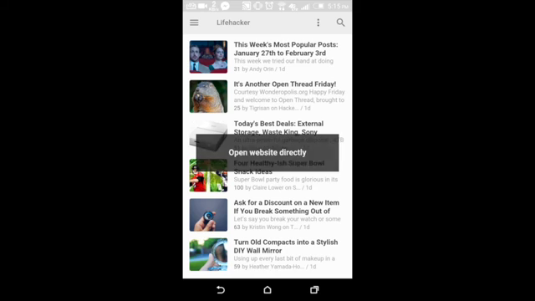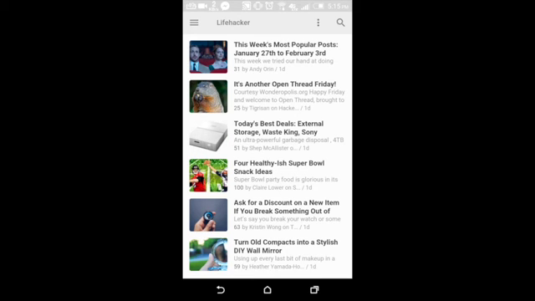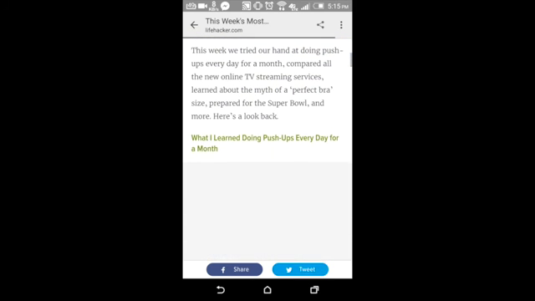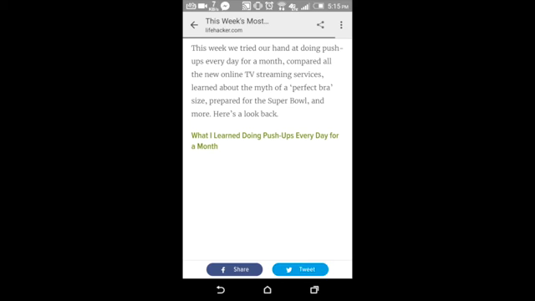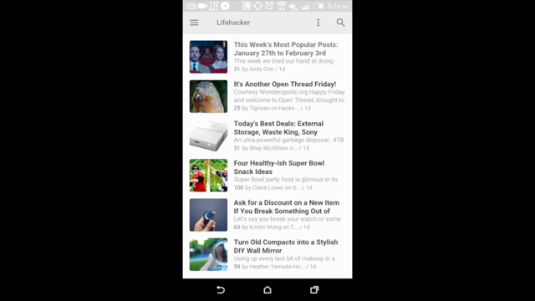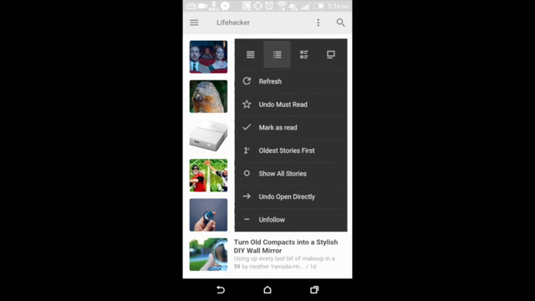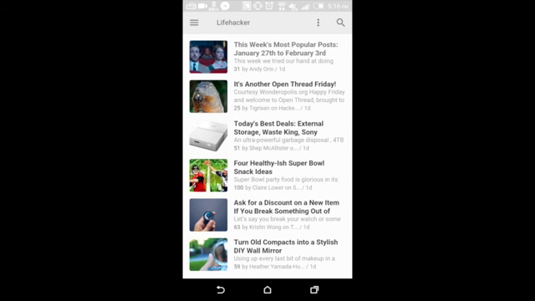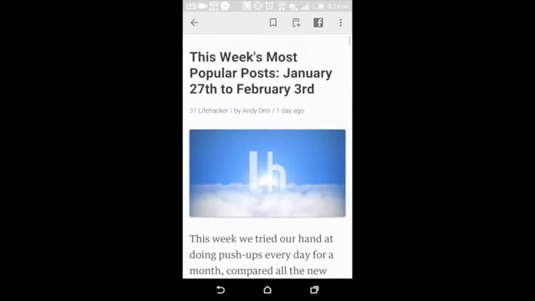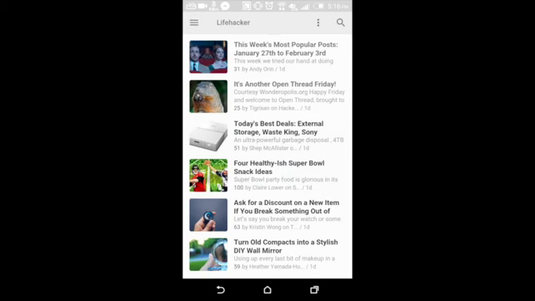If I select this, when I click on a story, the story opens up in my web browser. So you can see if I swipe right or left, nothing happens because this is my browser. So I usually do not prefer it. So if you want to undo it, just go back and press it again, and now when you open the story, it opens in Feedly, which is nice and convenient and cool.